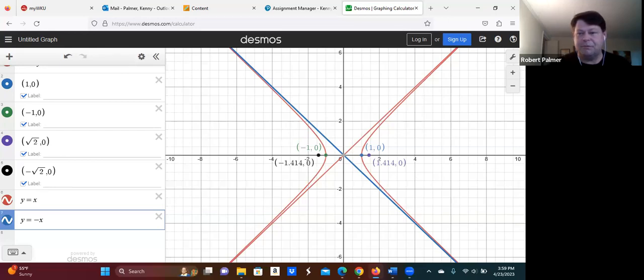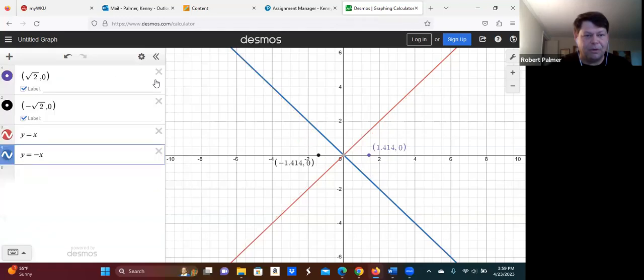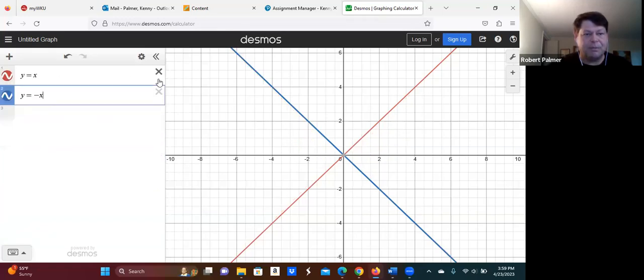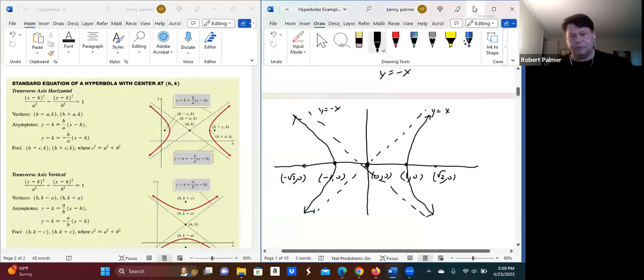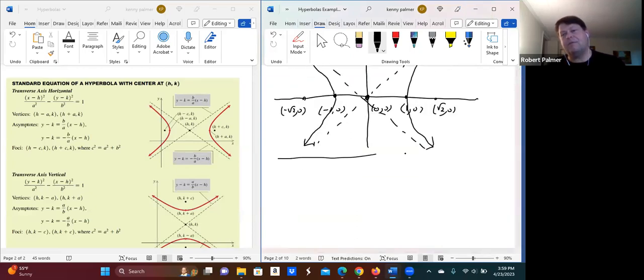Okay, that's our first example. Now, let's actually just get rid of all that and start over. We'll look at our second example. This time we'll look at one with an axis that's vertical. I'll try and make one with a few different features. So give me just a moment. Let's do one like this. So number 2,